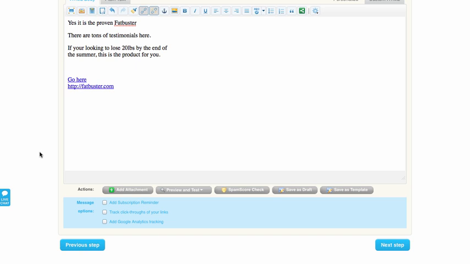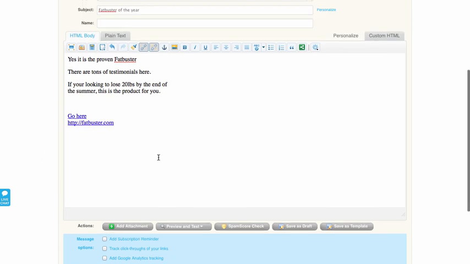Now, if it goes to the spam box, you're going to need to come back over here and test it out. Maybe take the hyperlinks off. If you take the hyperlinks off, that is no problem, because you automatically have the website address right here, so they can just copy and paste the URL into the browser and then go there. So if the hyperlink is causing it, just take it out. That's not a big deal.